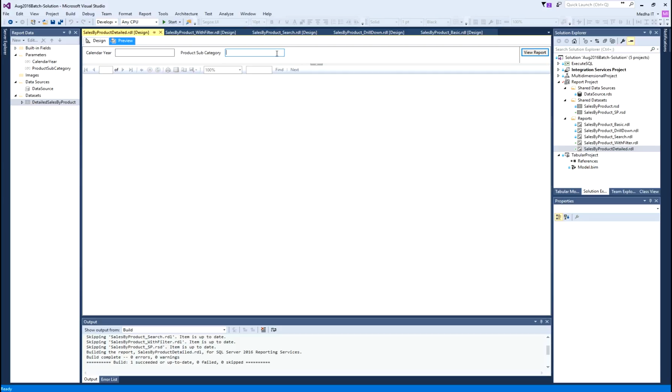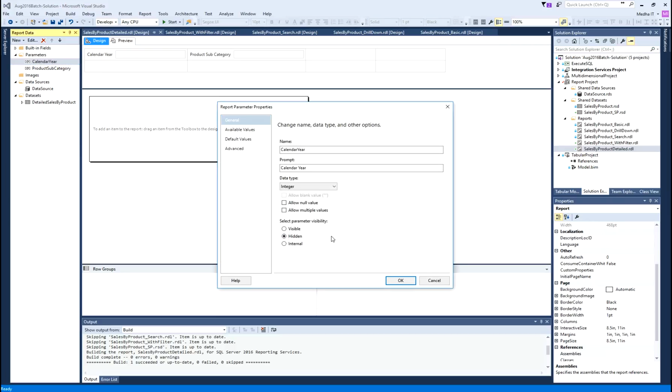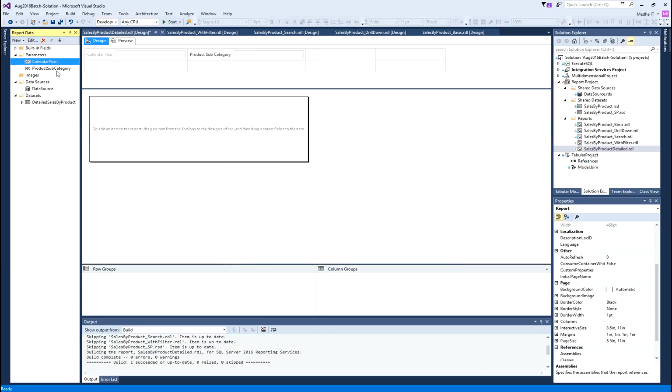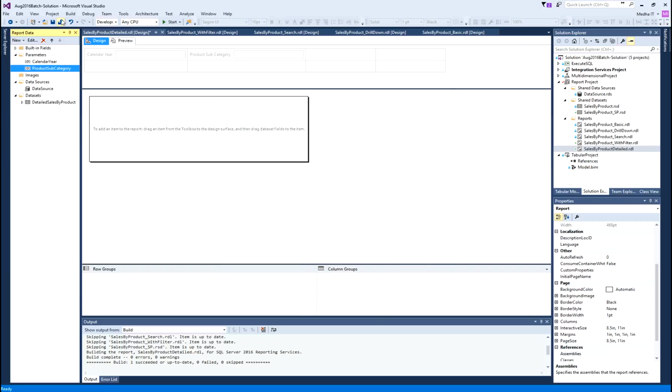So, I will hide these two parameters. I will switch to design mode, go to the parameters, select each parameter and say hidden. So, select parameter visibility to hidden, click OK, and then again parameter properties to hidden, click OK, and now save